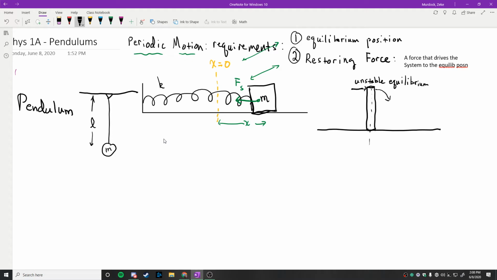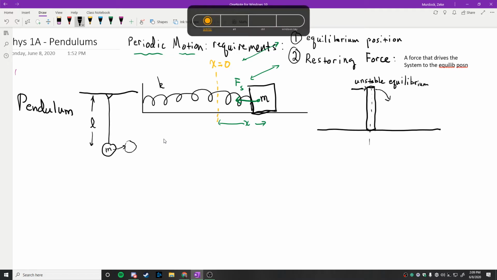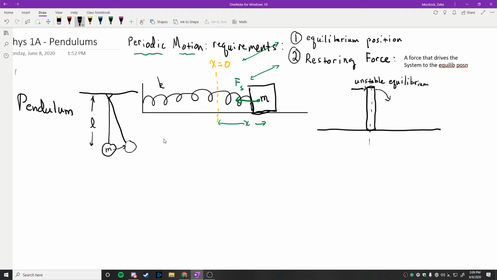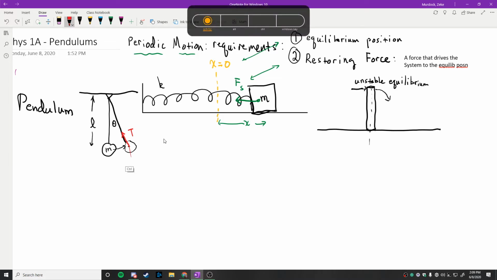Okay, and you can imagine that if you displace this in this direction here, where the ball now ends up at this location. Oops. Oh, my drivers are working again. How about that? I noticed that it seemed a little bit cleaner. So if you move it to this position here, where there's some angle theta that you make right here, then I think you guys would agree that if you label the forces that act on the system, you're going to have some tension force acting like this. You're going to have a weight force that acts straight down,